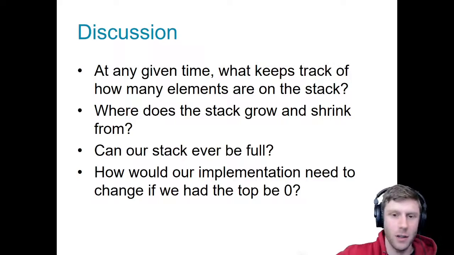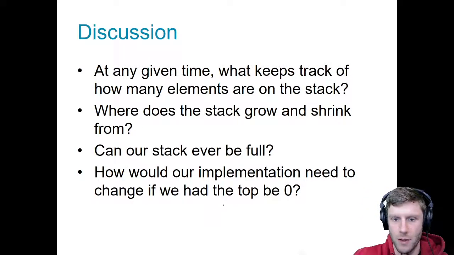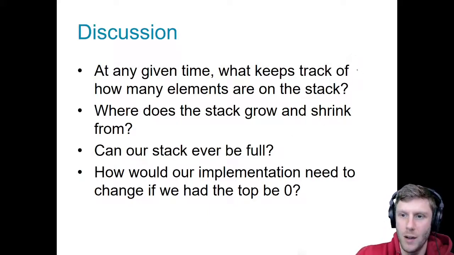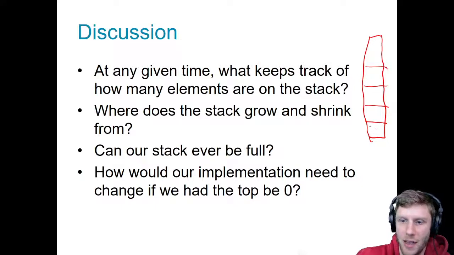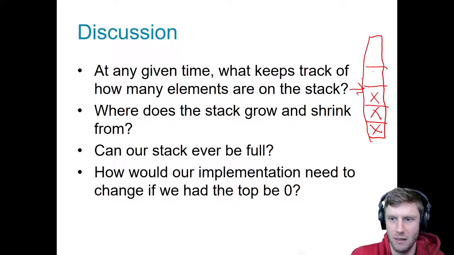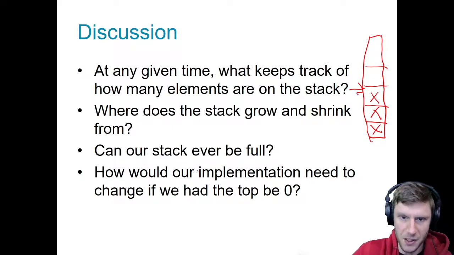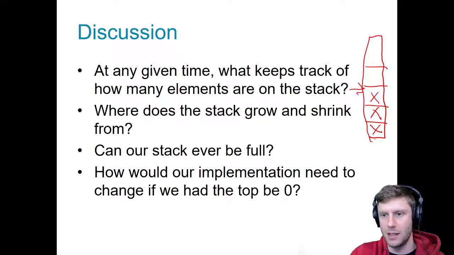Okay, so this was the question I wanted to start with again here. How would our implementation need to change if we had the top be 0? So the way we're thinking of it now is if we had an array. I'm going to draw it like this. Right? And I had things in here. Like the top always grows from this end, not at the index 0 end, but it grows at the other end. But this question's asking, well, what would we need to do differently if we wanted the top to be 0,